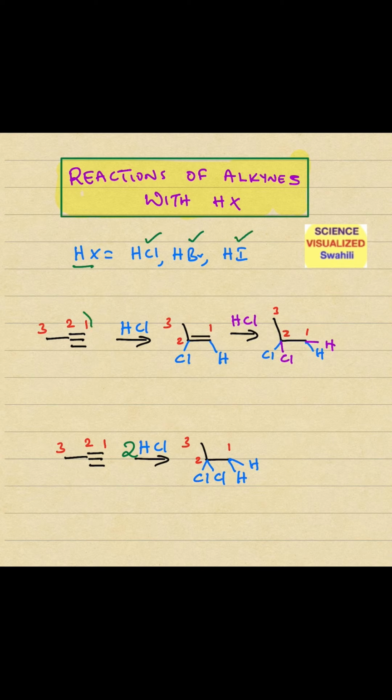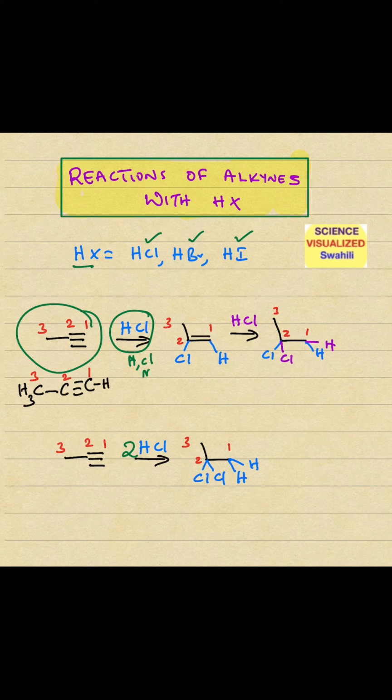If we look at this first structure, you'll see that we have carbon 1, which is an alkyne carbon. It has one hydrogen, and then you have a triple bond to carbon 2, and then a single bond to carbon 3, which has 3 hydrogens. So those two structures are similar. In the first case, we add HCl, so that will add H and Cl across the